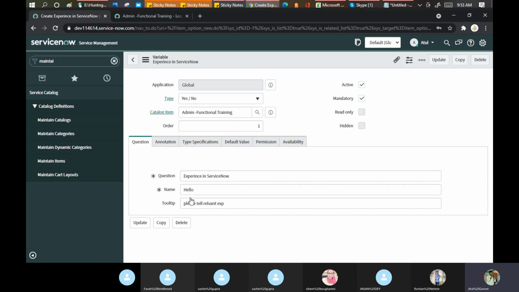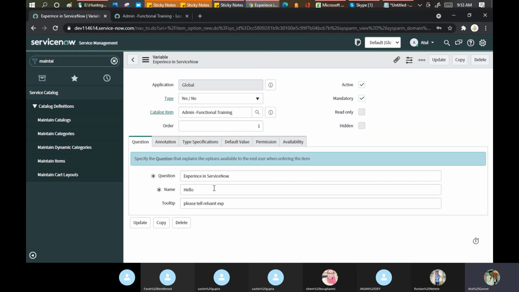Maybe some spacing was there. I did not put an underscore, I just put a space in between.